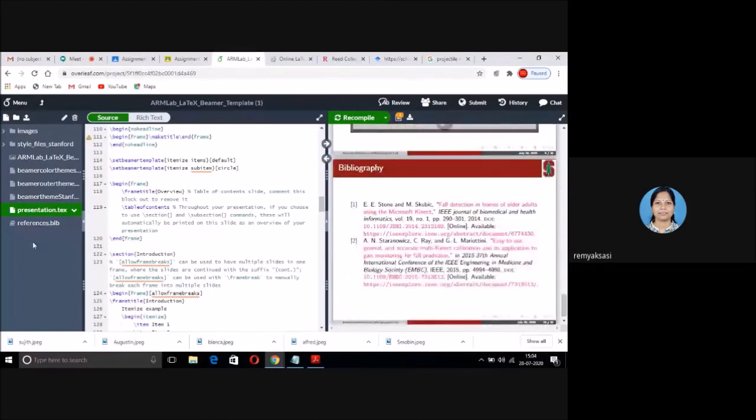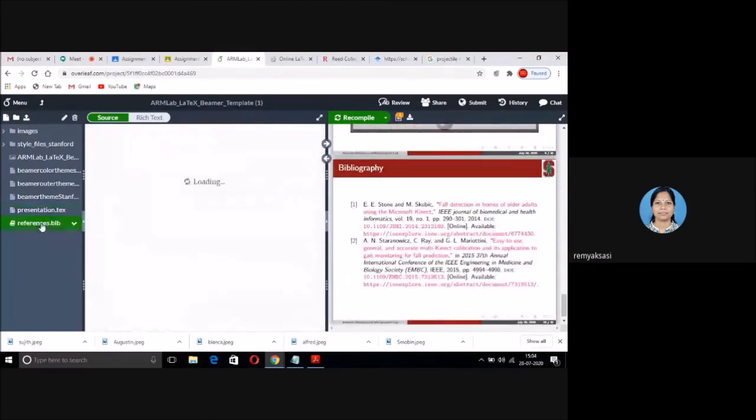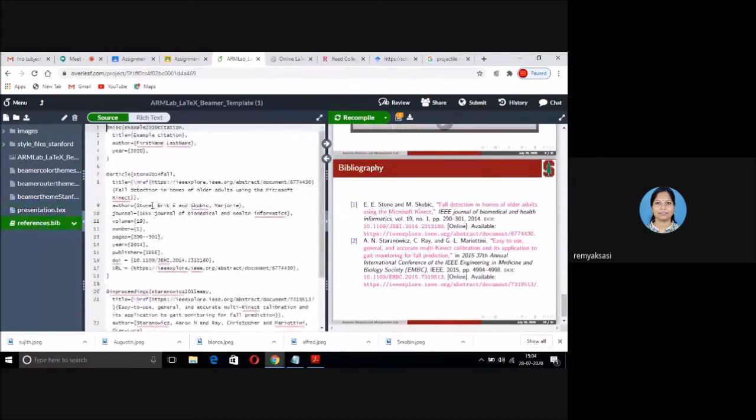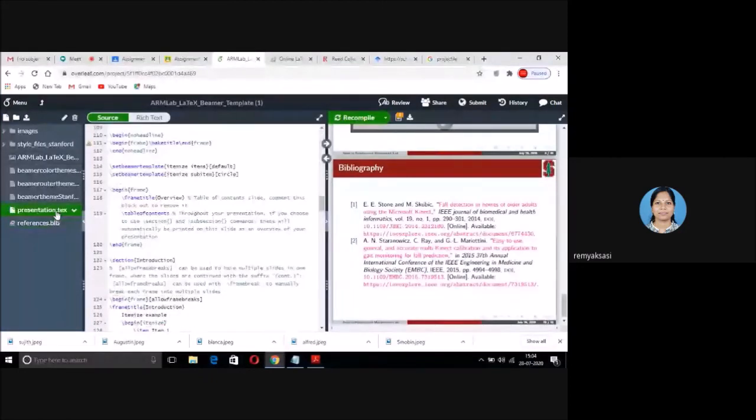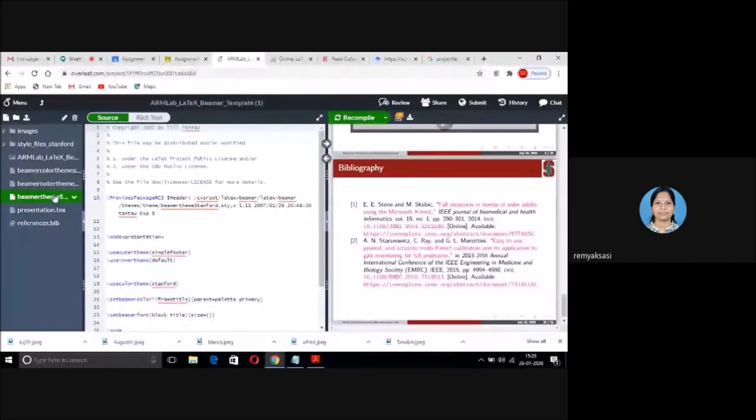References are coming; they are created the same way we created earlier. Here we can find a number of files. This is the text file, presentation.tex. Others are maybe some style files. Earlier we used the article style, which is predefined.